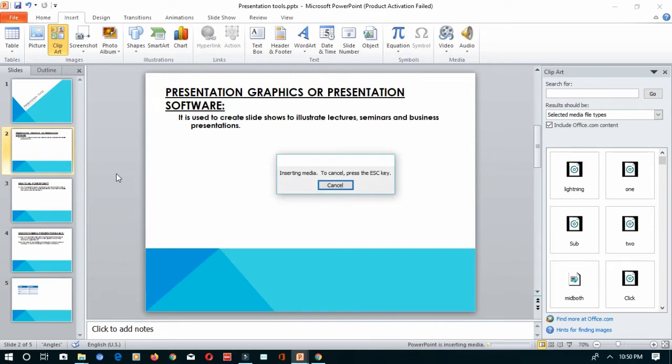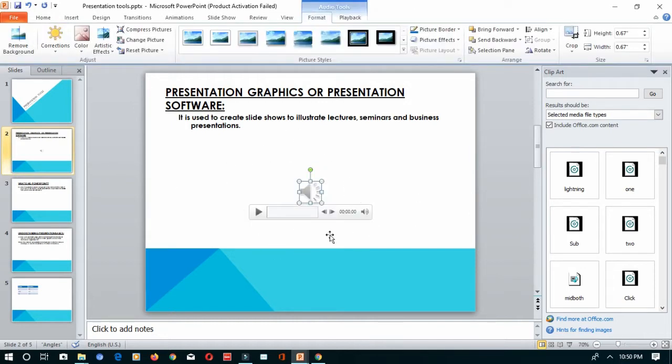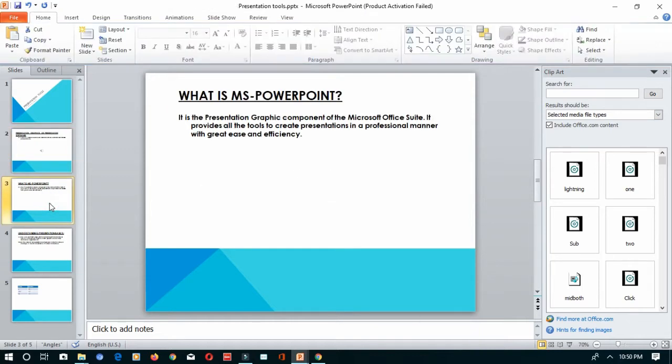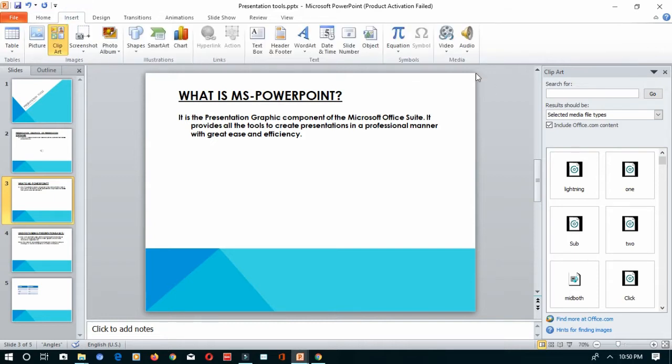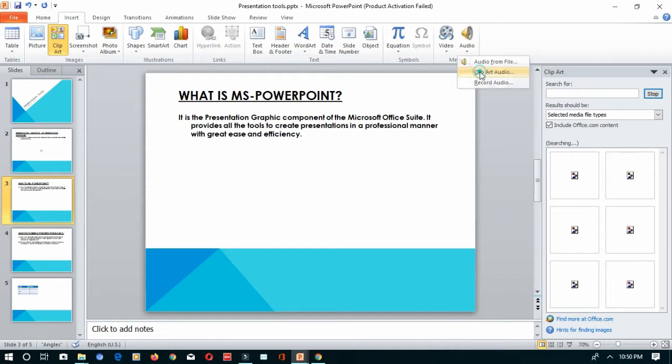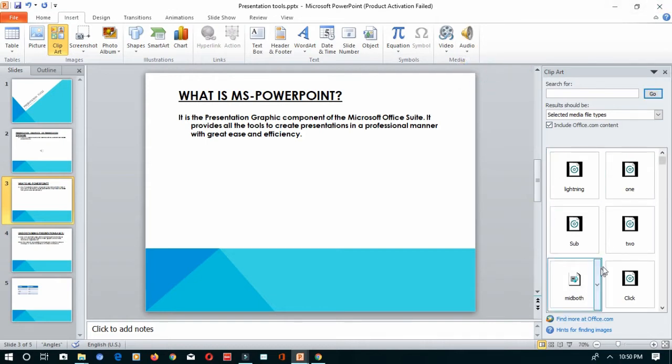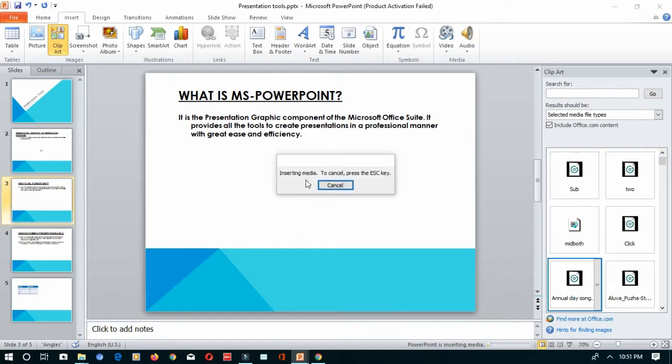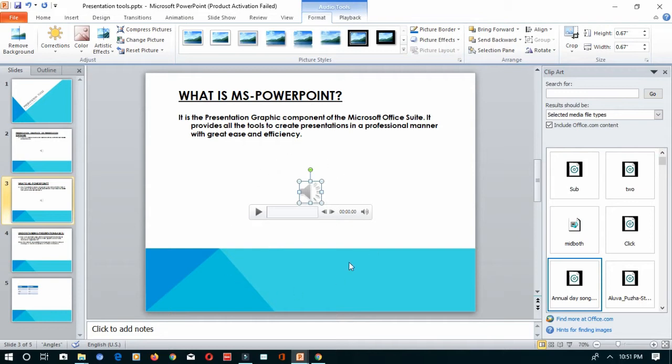So another one is inserting audio from clip art. So whichever audio is available in your clip art, that can be placed over here. Okay. So let's wait for some time it get inserted. So it has been inserted like as an object. Okay. So if I wanted to insert some audio file from clip art, so what should I do? I have to go to insert tab, media group. From that audio I have to select clip art audio. So it will show you the clip art from here. So I can select any one of the audio file from the clip art. Double click it, it will be placed as an object in your slide. Okay. In the same way, it will take some time to get loaded. See, there is an object inserted from the clip art.